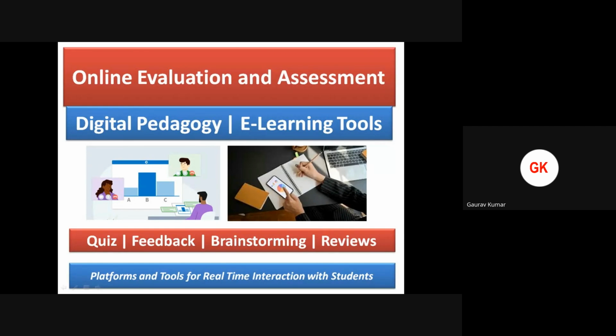In case of getting some particular points, by which way can we communicate, how do we collect some data, how do we go for quiz, feedback, brainstorming, reviews? In the current scenario, all of the educational institutes, not only educational institutes but even the corporate world, are automating their